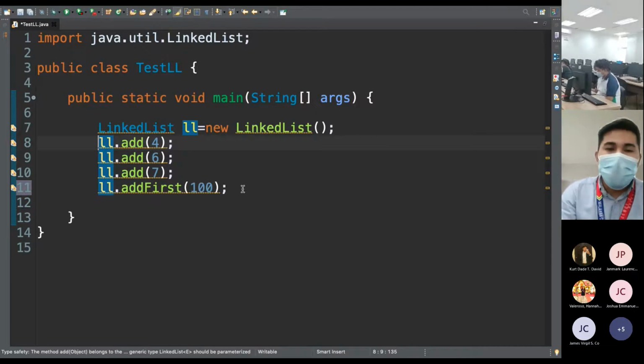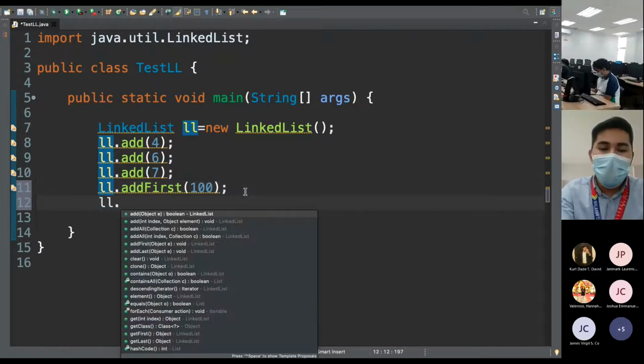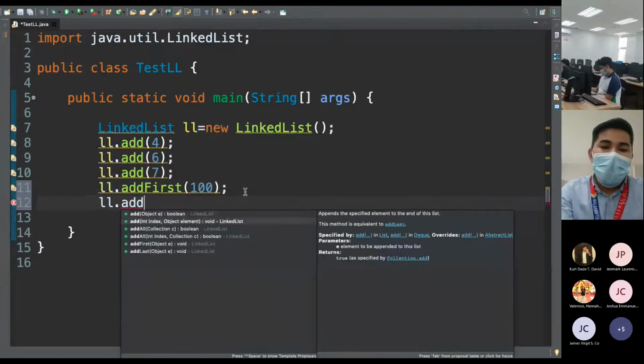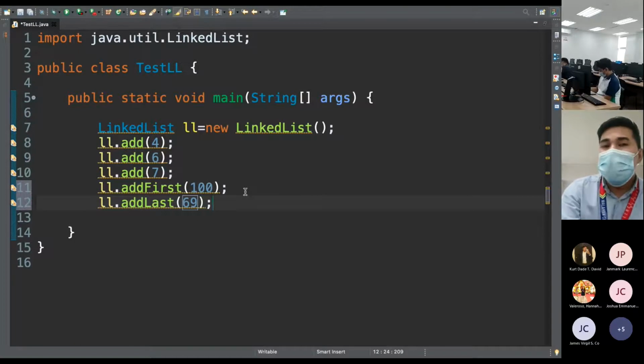Okay, so that is the capability of a linked list where array list and vector don't have any. Okay, so now we also have what we call add last. So if you want to add the data at last, you can also add. So that's basically making linked list the generic or general list